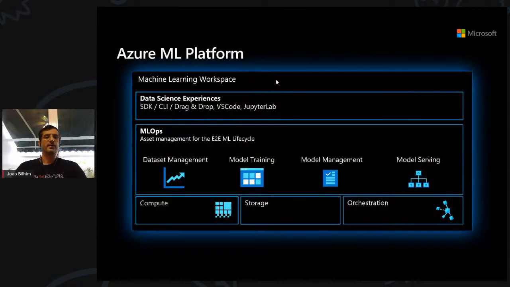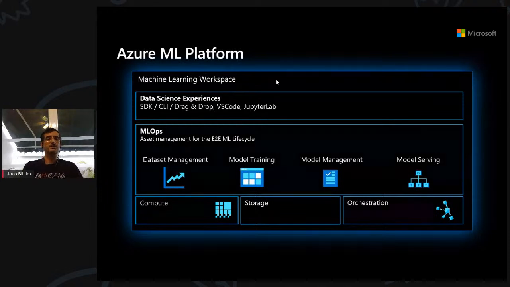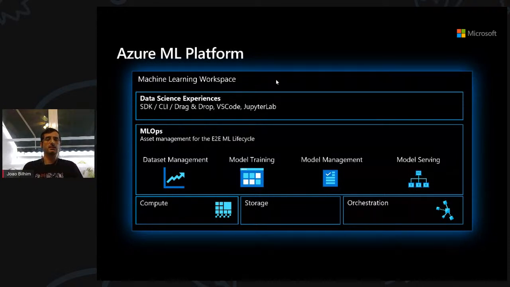Now, in terms of MLOps, obviously Azure Machine Learning is an overarching platform, as I described, but we want to make sure that we provide the right tools and the right capabilities to integrate data science and machine learning pipelines into your existing DevOps pipelines that your organization works with, or if you don't have them, help you create a new set of MLOps processes and technologies that allows you to fully manage your machine learning lifecycle.